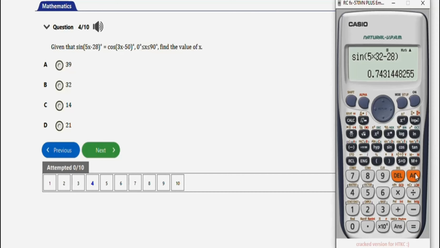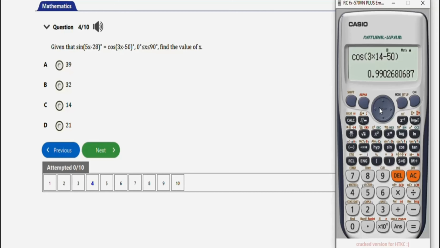0.74. Okay, so let's check if this one gives us 0.74. We have cos 3 times 32 minus 50. Close the brackets. No, okay, let's check 14. Let's begin with cos. So it will be 32 and put 14 here. Press equal to